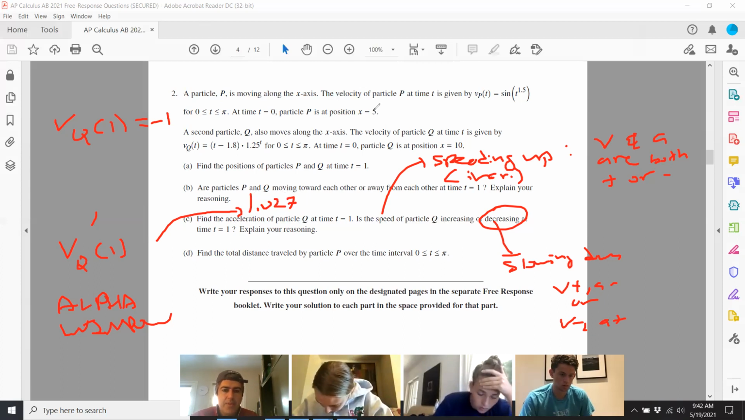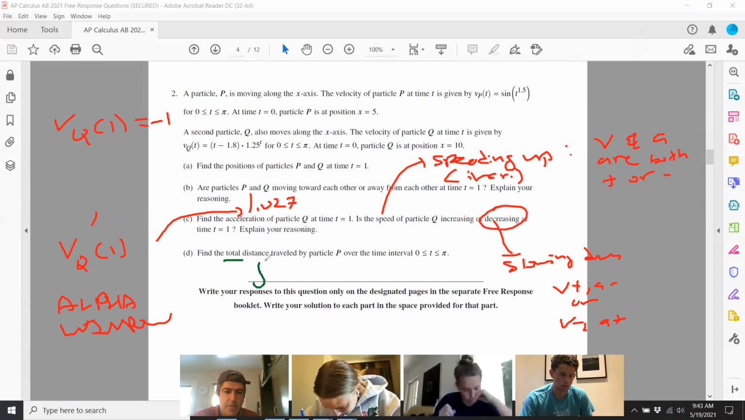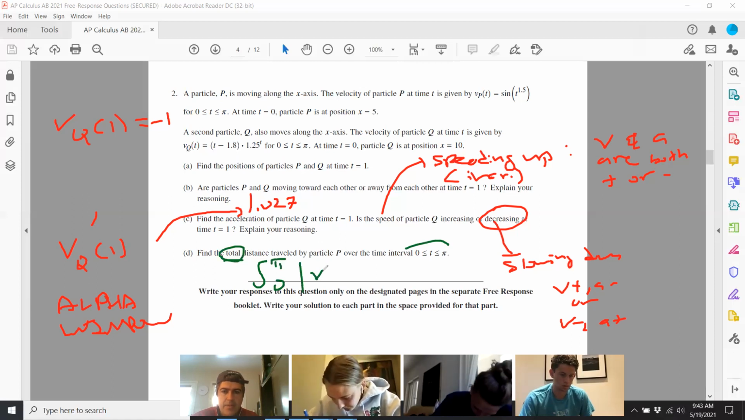Okay. Finally, total distance. Let's see if I can do this right the first time. It's total, not net. It's not displacement. Displacement, you just do an integral. Total distance, you're going to be integrating the velocity, and you do this from 0 to pi. So now I definitely use pi. And you do the absolute value of the velocity. And this is for P, not for Q. So for P,